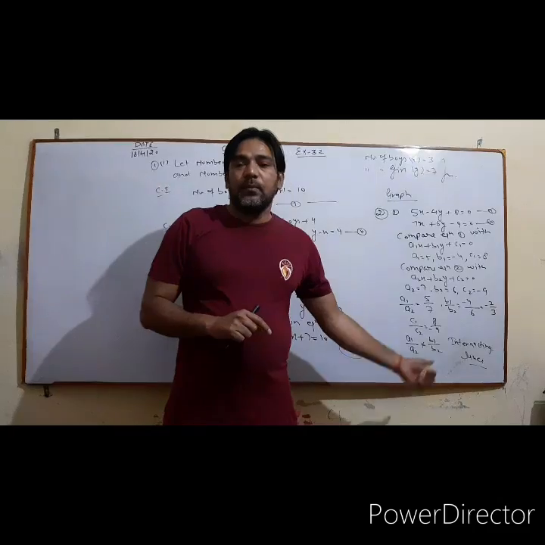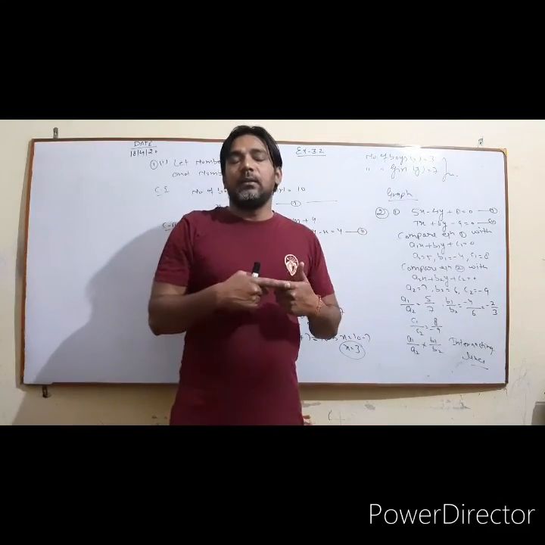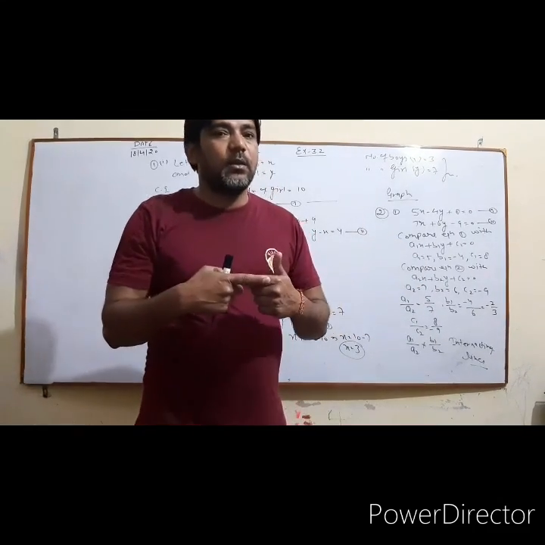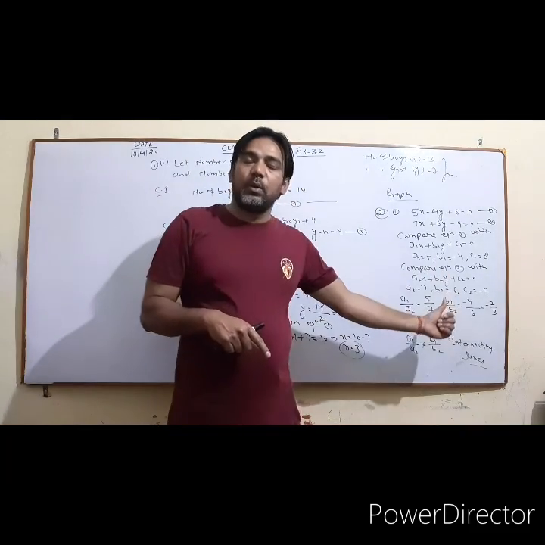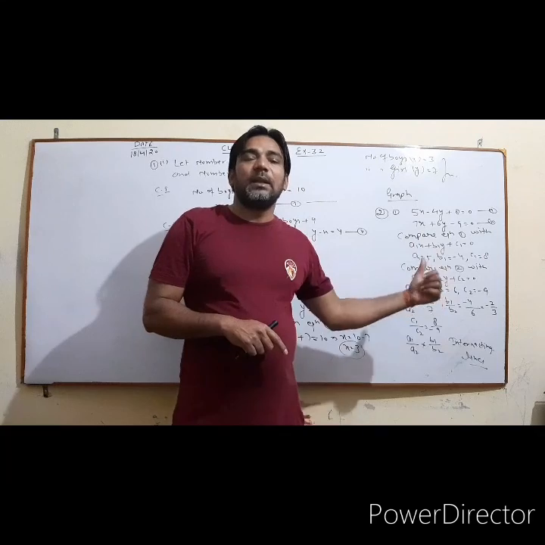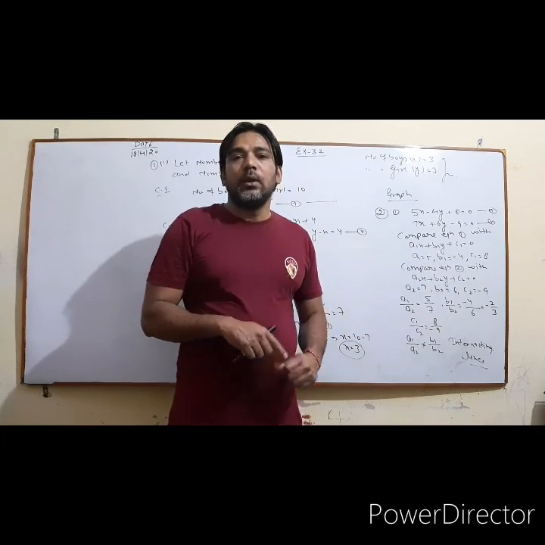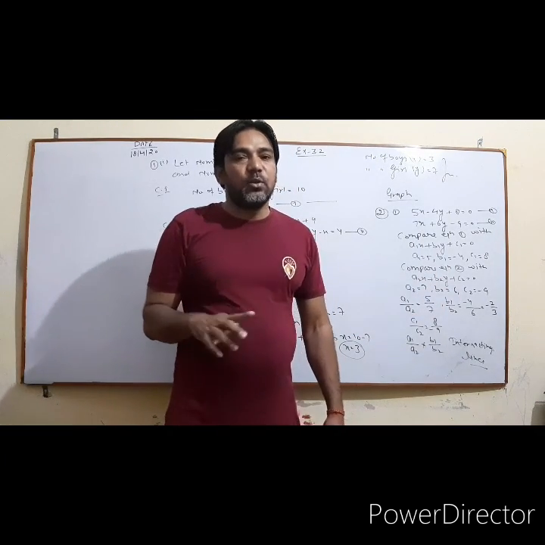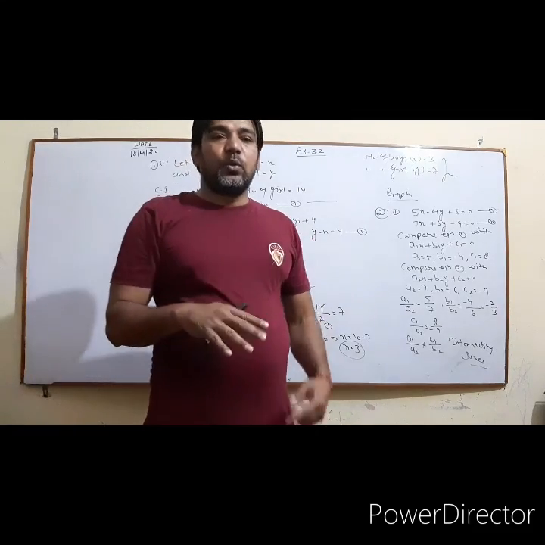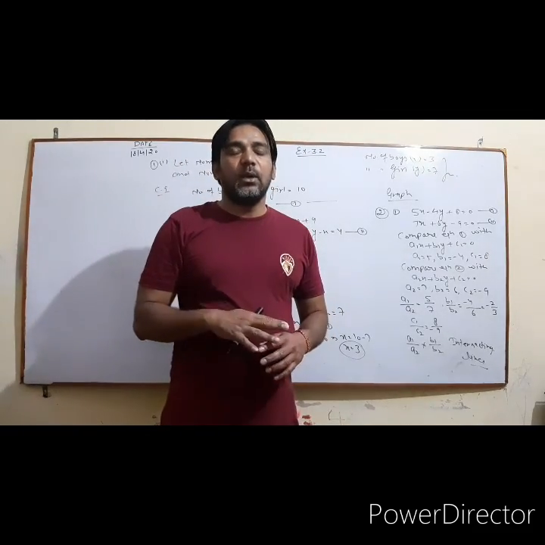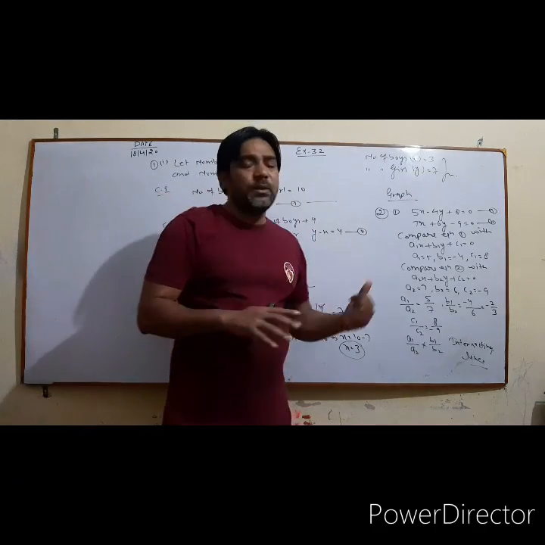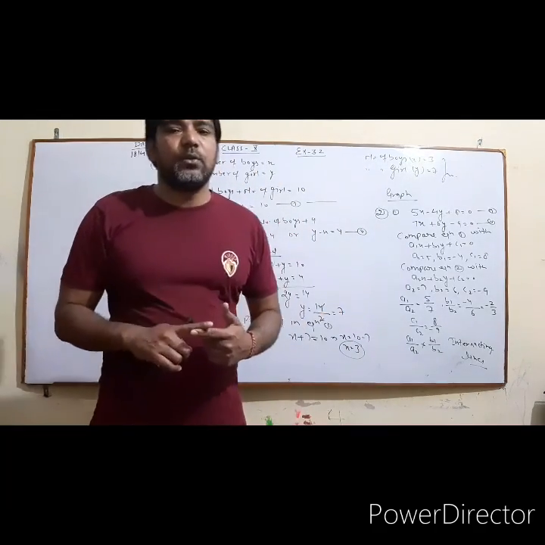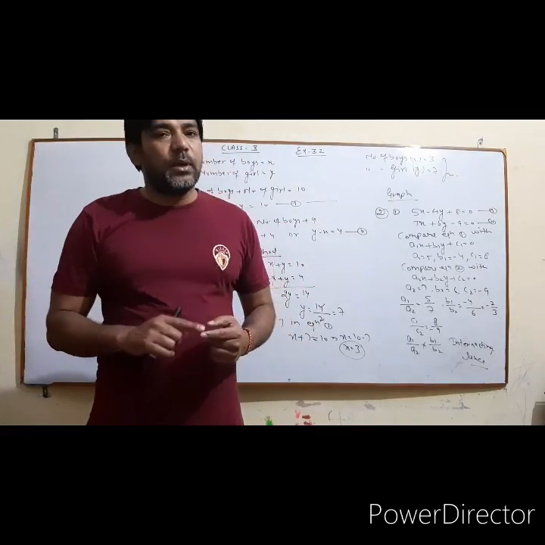In case of intersecting or coincided, the lines are consistent, or in case of parallel means अगर a1 upon a2 is equals to b1 upon b2 आ जाता है, और but the next condition c1 upon c2 is not equal to a1 upon a2 is equals to b1 upon b2. तो अगर पैरेलल वाली कंडीशन बनती है तो लाइन क्या होगी आपकी? इनकंसिस्टेंट. ठीक है. सो एवरीवन solve question number 1, question number 2 and question number 3 as a homework for today.